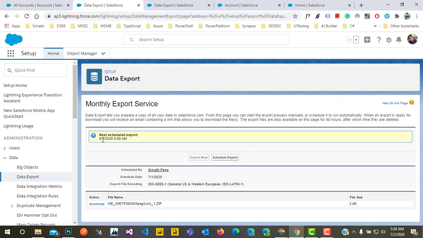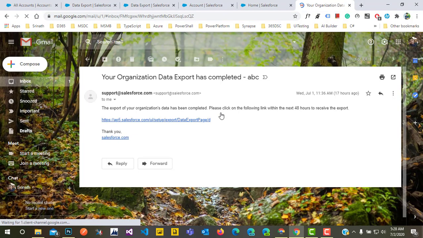So it will send you an email at this particular time. Actually, I have already exported and saved. You will get a mail saying something like, export of your organization data is complete. By clicking this, it will download one zip file.